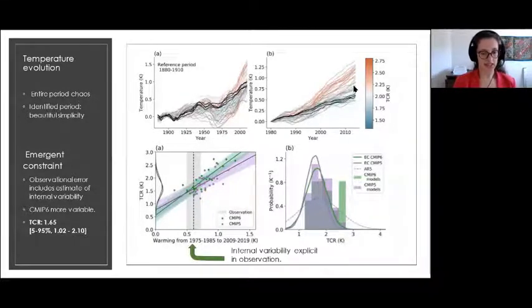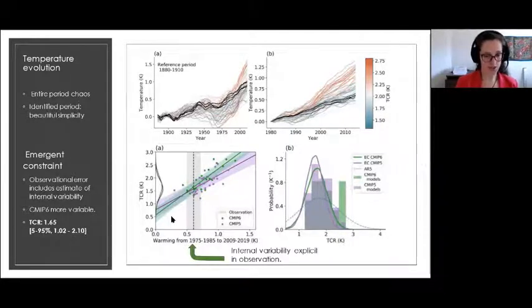And the second reason we might trust them is if there is very good theoretical grounding behind the relationship. So for TCR and ECS and observed warming, we expect that to be a very linear line, and that's what we see from the regression as well. Getting the actual PDF is simply using the observations, where we have some uncertainty around the observations, taking the uncertainty around the regression, convolving these two, and you get a nice PDF for the variable of interest.